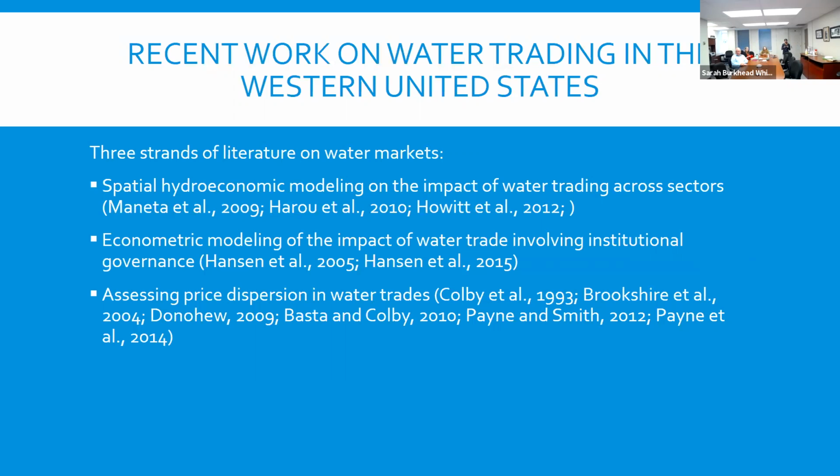Now, one of the better ways to model it, where I don't have to work with a lot of scientists in the picture, is just doing the statistical and econometric modeling of water markets. And that is the simpler picture I will show today, some of the statistical impact of water markets in the Western United States. As you can see, Katrina Hansen has been doing a lot of work on these, and she has also been able to include institutional governance in water markets, meaning how prior appropriation versus other kinds of institutions affect water markets.